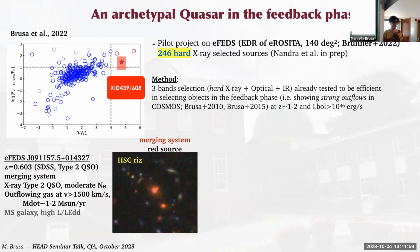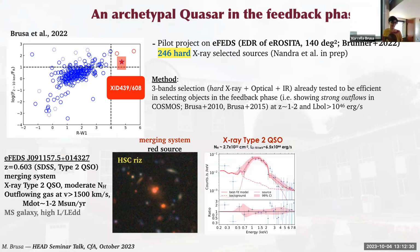We tested this with a pilot project starting from the X-ray selected catalog from the eFEDS field, one of the eROSITA early data release fields released by the German team a couple of years ago. We employed one method we tested in COSMOS, and we had 3 candidates there. It's based on X-ray to optical to near-infrared colors, and the only one with the spectrum we already had from Sloan, and in fact, we demonstrated that these are merging mass environments, red